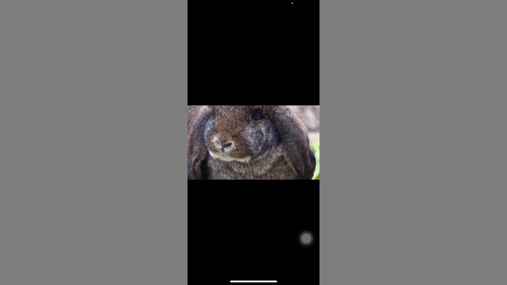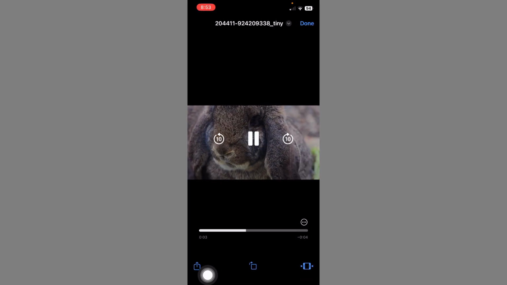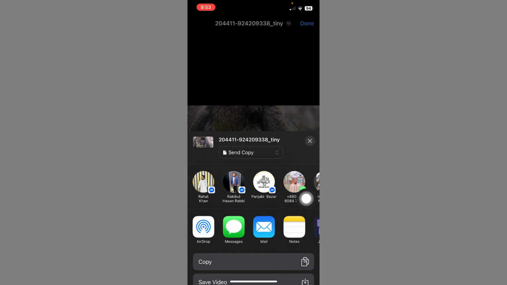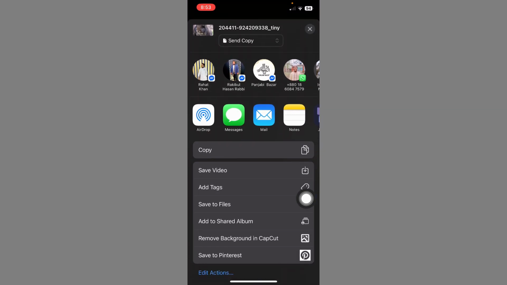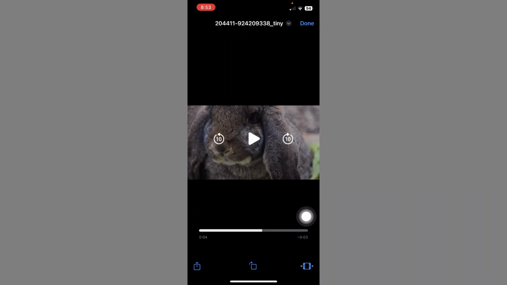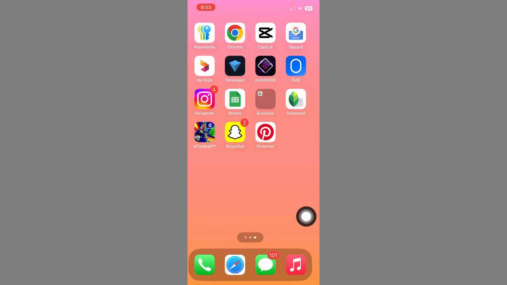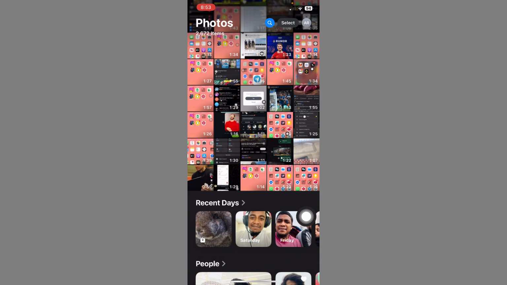Download your video, then tap on share icon. Scroll down, click on save videos, then save, then back, tap on photos,